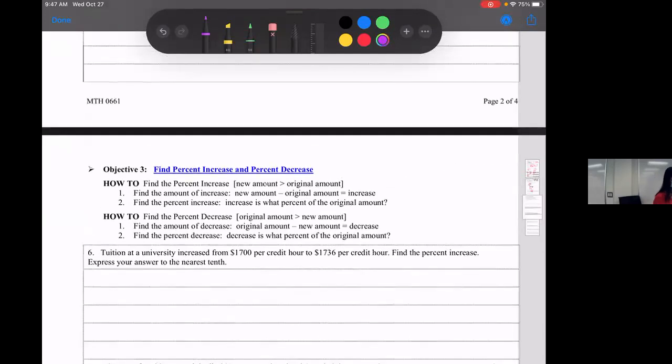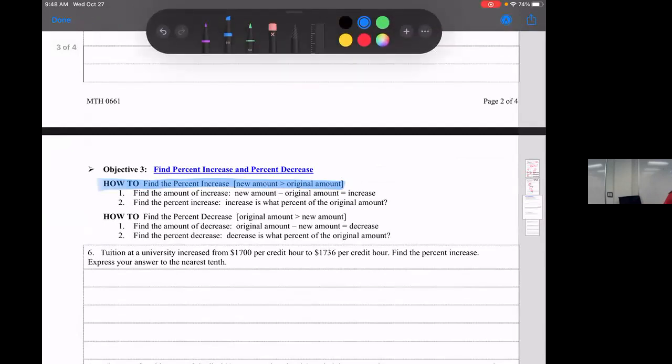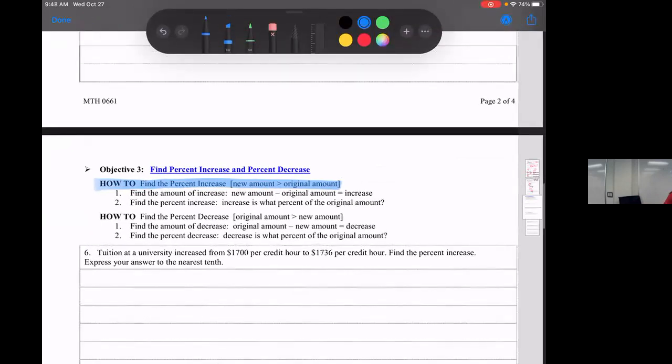Now objective 3, we're going to do percent increase and percent decrease. It's really the same, just a tiny little bit of difference. So first of all, let me show you how to find the percent increase. The percent increase is equal to